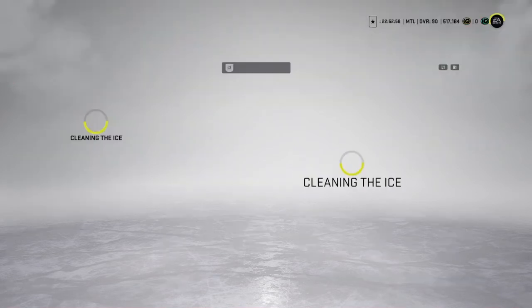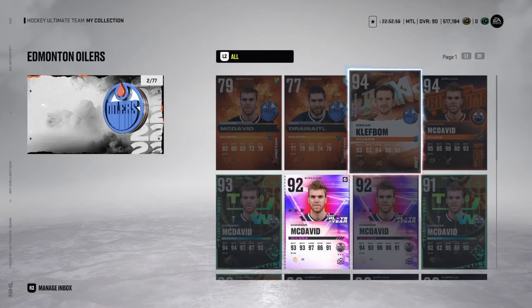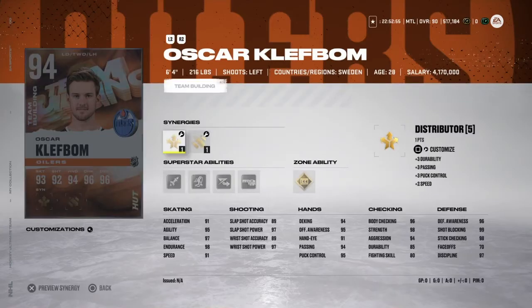So let's get into it. Enough talking about not taking a forward. The 2 players you guys should be going for if you're making these team building sets is Klefbom or Gonchar. Now listen to me quick. So forwards,